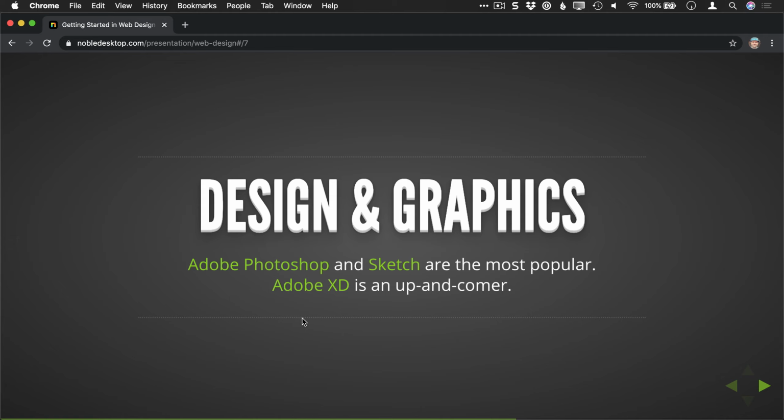So when it comes to designing, professional designers often use Photoshop or Sketch. Now, Adobe Photoshop is for Mac and PC. Sketch is a Mac-only app, and these are two popular design apps that web designers and app designers, whether they're UX designers or UI designers, like to use to design the look and feel and the working of